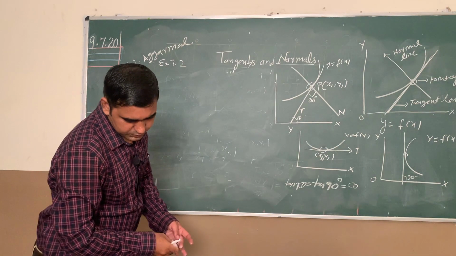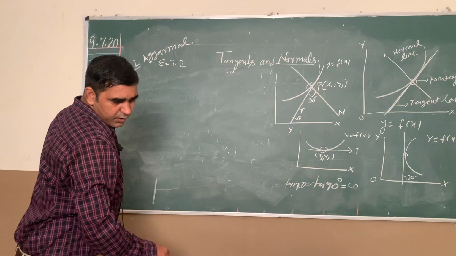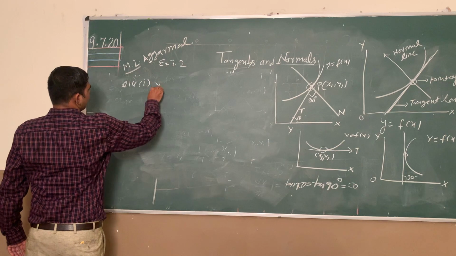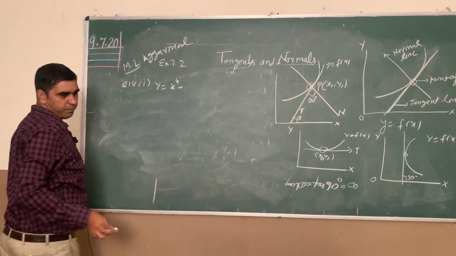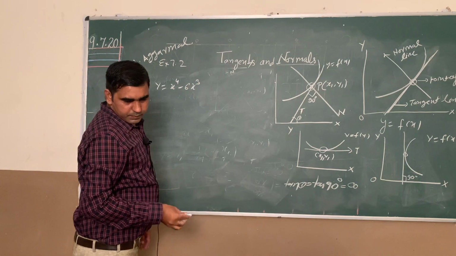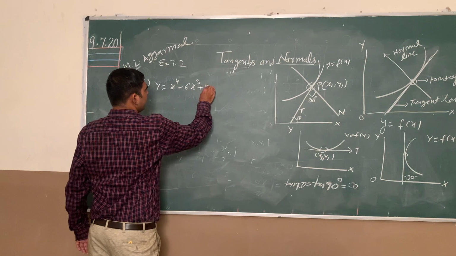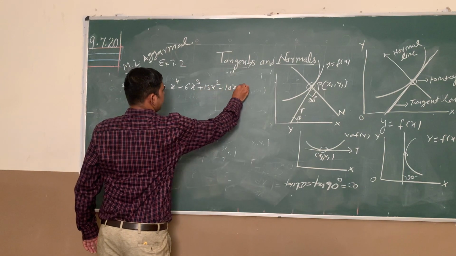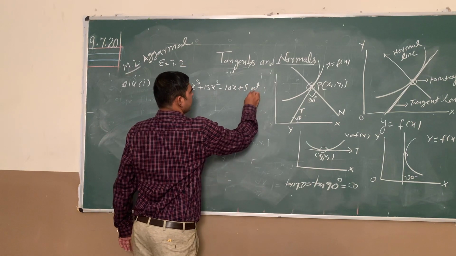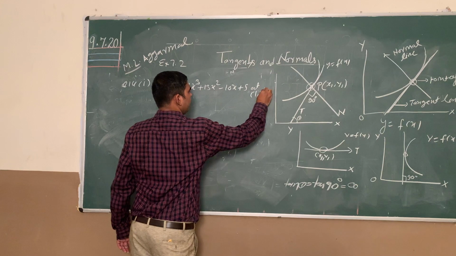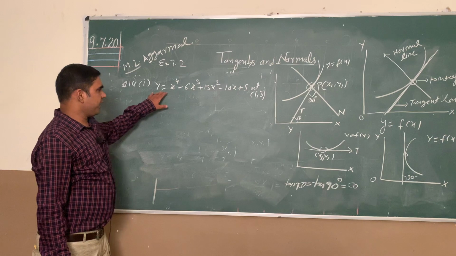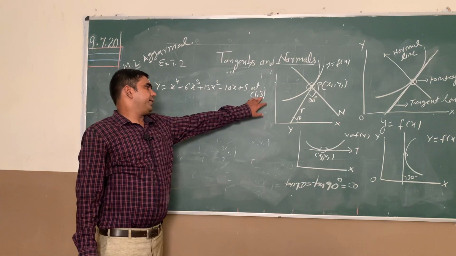Here we have a question: find the equation of the tangent and normal to the given curve y equals x raised to power 4 minus 6x cube plus 13x square minus 10x plus 5 at the point 1 comma 3. To find the equation of the tangent and normal at this particular point 1 comma 3,